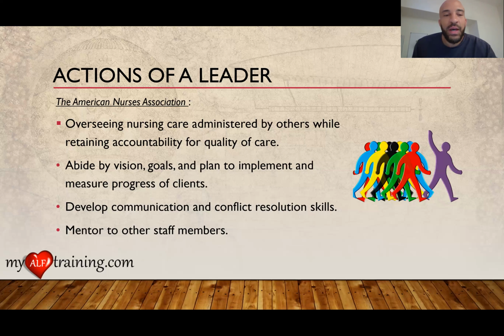Someone who's a leader is constantly working on their ability to communicate, to recognize emotions in other people, to recognize and control their own emotions, and developing an ability to recognize conflict before it arises and growing their ability to resolve conflicts, widening their skill set for conflict resolution. That is very important as a leader, because the leader is who we look to in difficult or stressful times for some guidance. And actually, that's who we model our behavior from.